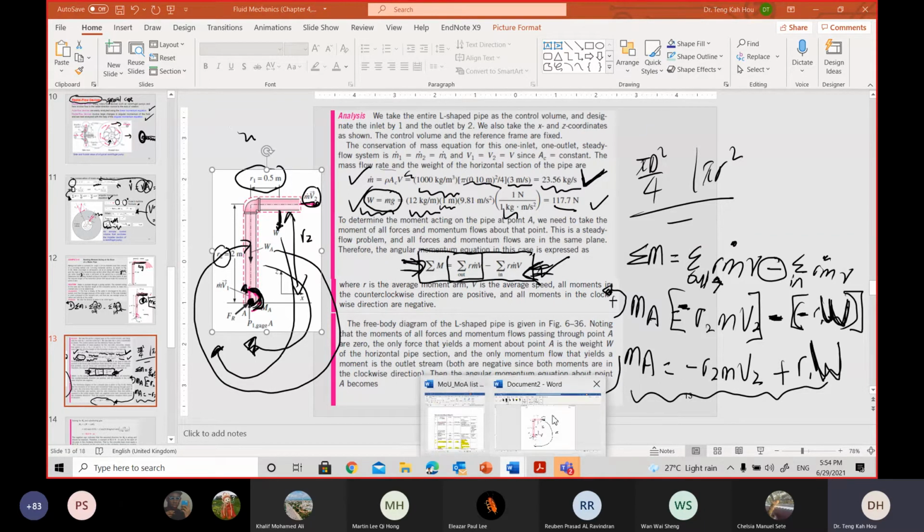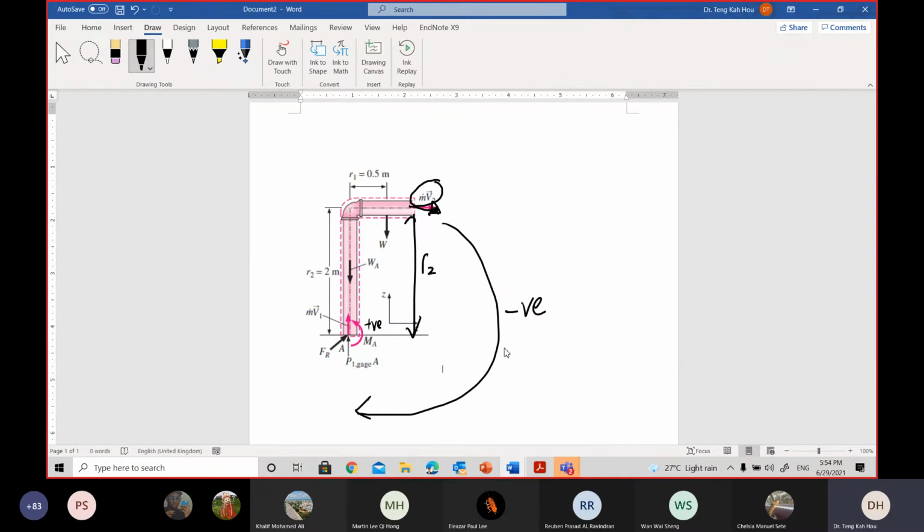In this specific case, you don't have any flow inlets, right? Because you don't have any flow for this condition. You got only discharge. So you are going to consider only the weights, because the rest is not going to contribute any rotation. Am I right? Your mv1 is not going to contribute any rotation because it's acting at point A. So we are not going to consider this. Do you get what I mean? Point A.